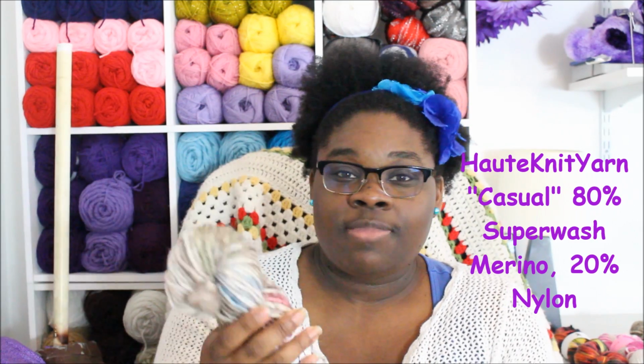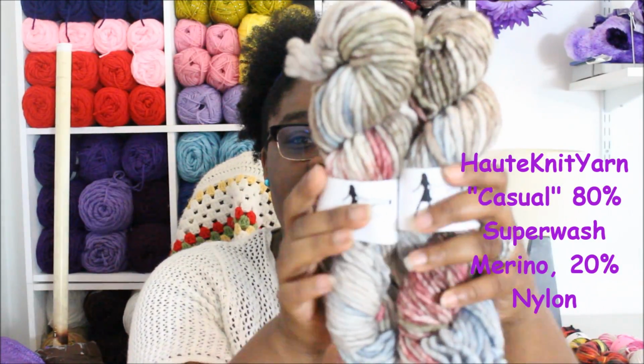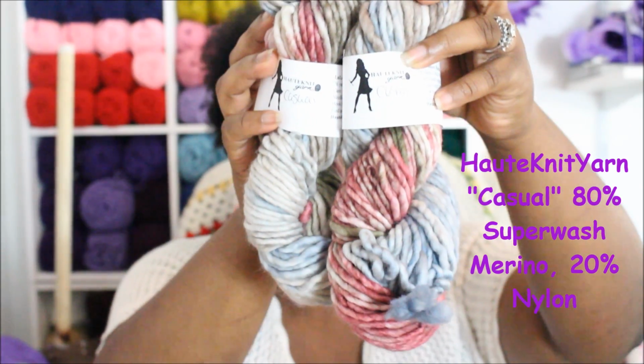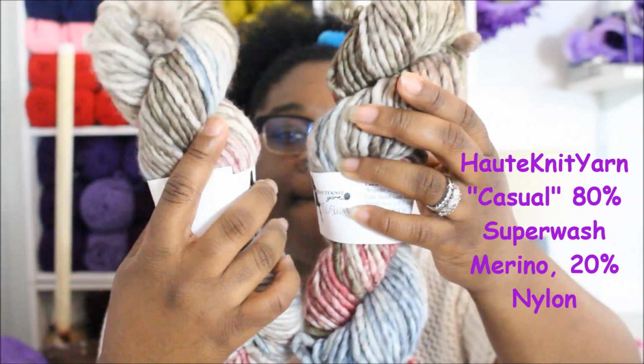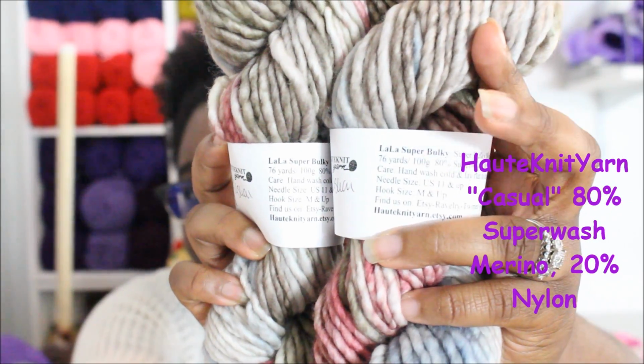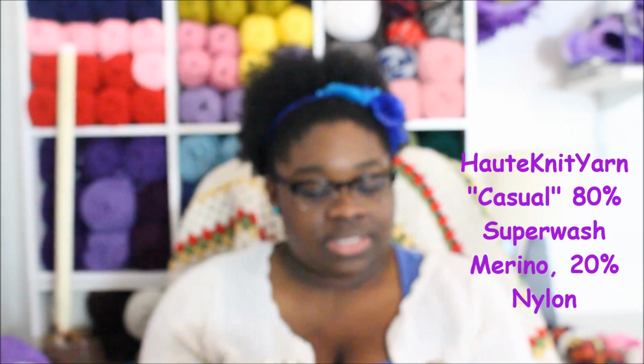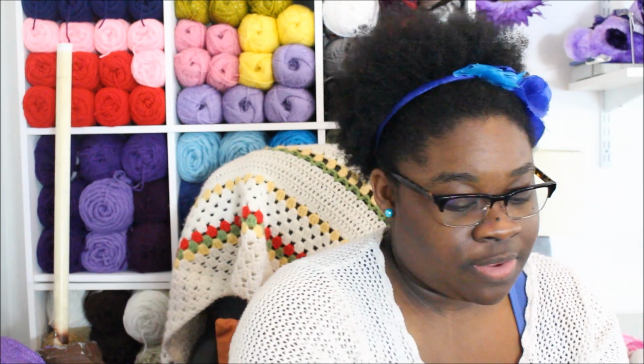But anyway, this colorway is called Casual. And you may be looking at it like, we've already seen that before. Well, that's because I already have a skein. So now I have 2. Let's see. Yeah, beautiful, beautiful. And once again, it's just one of those yarns that's out of my comfort zone, but I saw it and it was just so nice. It was just so nice to me. So I got that. And then I also picked up